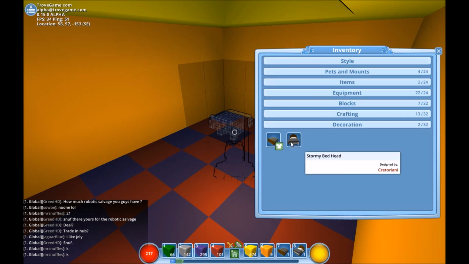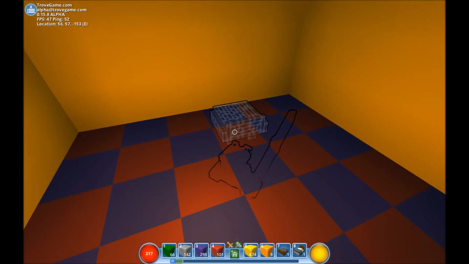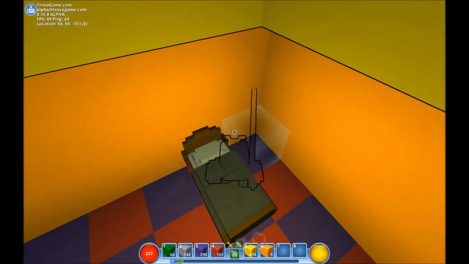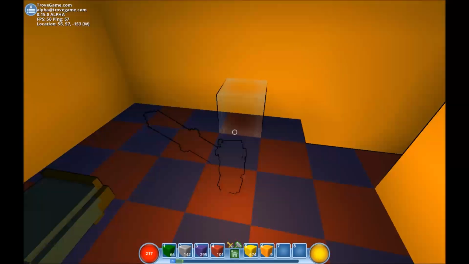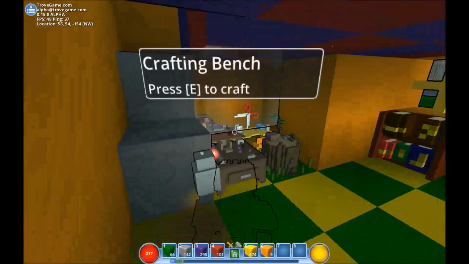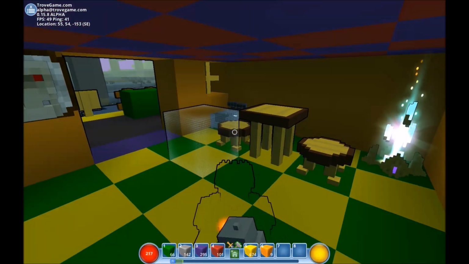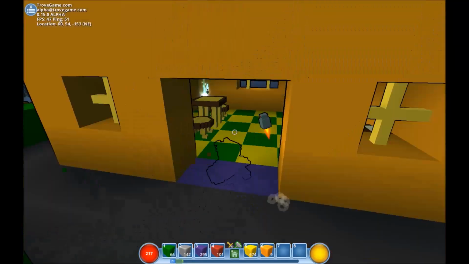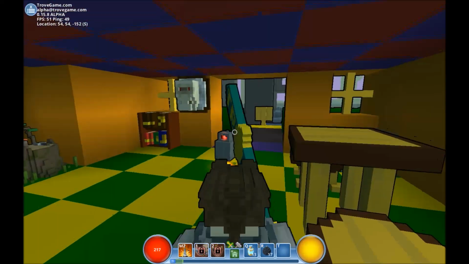Like it says in the corner, can't pronounce that name, but it's a Stormy Bedhead and a Stormy Bedfoot, which you can place down only in your homeworld or in a cornerstone plot you have. And it doesn't really do anything, like you can't sleep, at least right now, but it's pretty much for decoration, which I think is nice. And that's one thing different from Minecraft and Cube World, is that you can create your home and actually furnish it, and not have to make a couch out of wood, or not be able to make a home in Cube World at all. So yeah,